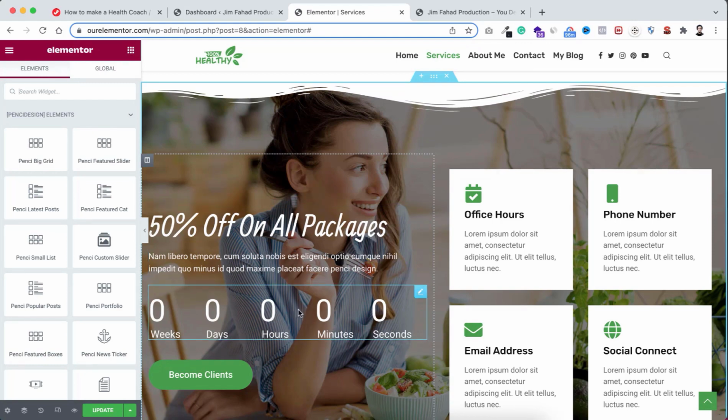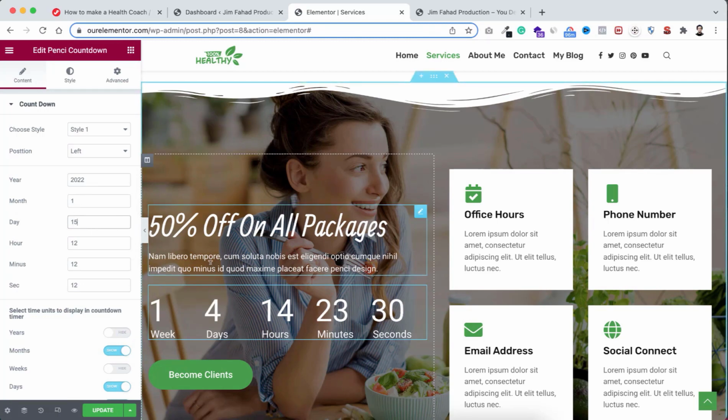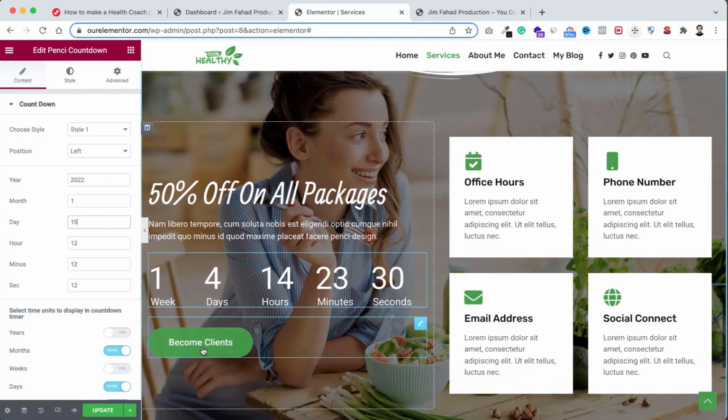So let's select it. Now from here you can set the year. Instead of 2020, I'm making it 2022, and let's say this offer will end after January 15. So here month I'm making it 1, meaning January, and here day I'm making it 15. So after 15th January this offer will end. In this easy way you can create this timer from this place, and then you can link this button